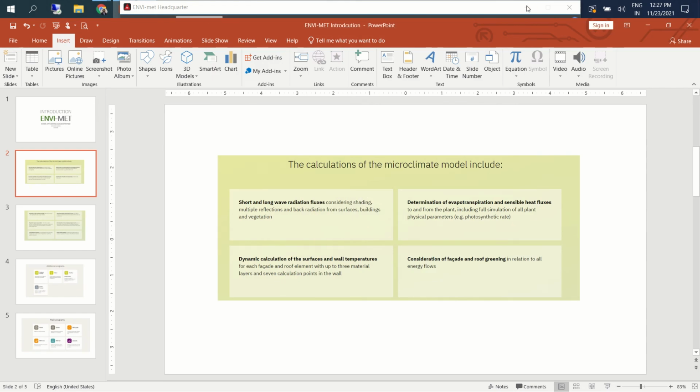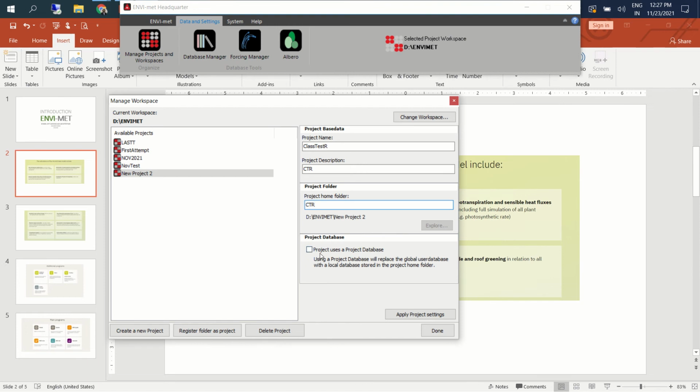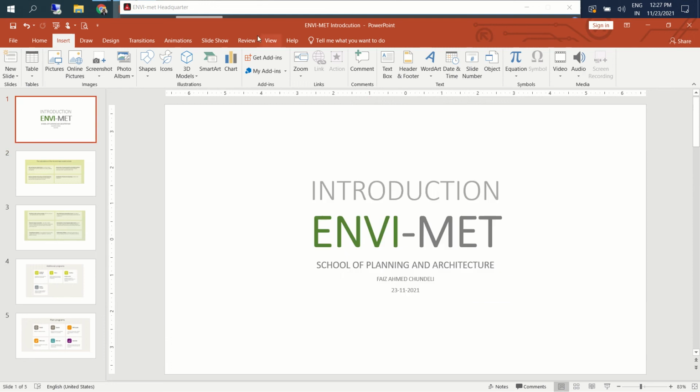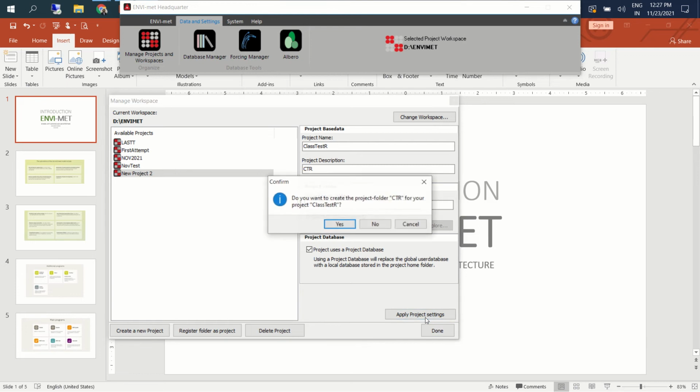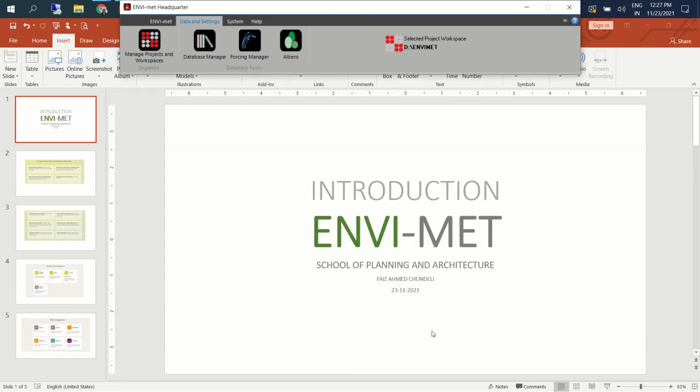Okay. Yeah, you have to click on this. Anyway, I'll keep this use project database. Even if you duplicate the default materials, you can still use that. So I'll just say apply changes to the product. Done. So we have created one database, and we have said where it will work.